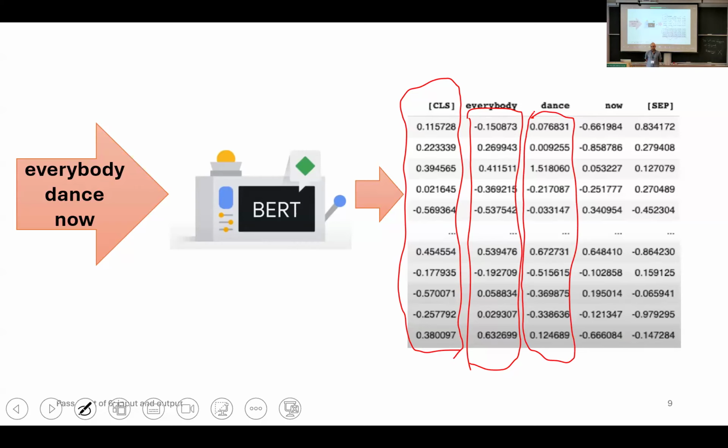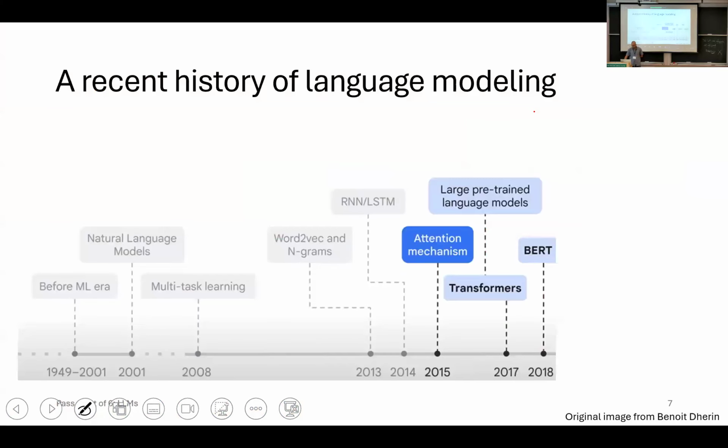If I say "I like dancing," then "dance" would be different. Yes, yes. That's the important part. So when we go back to this, if I'm not mistaken,